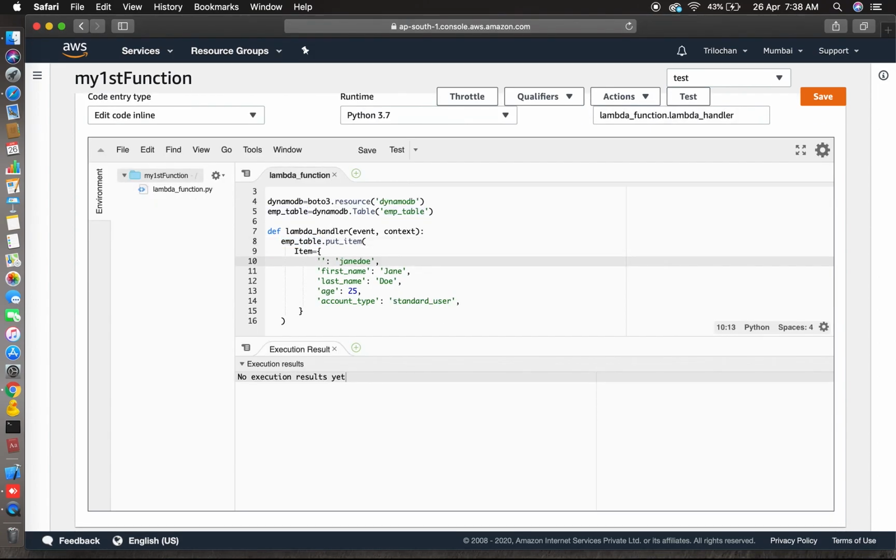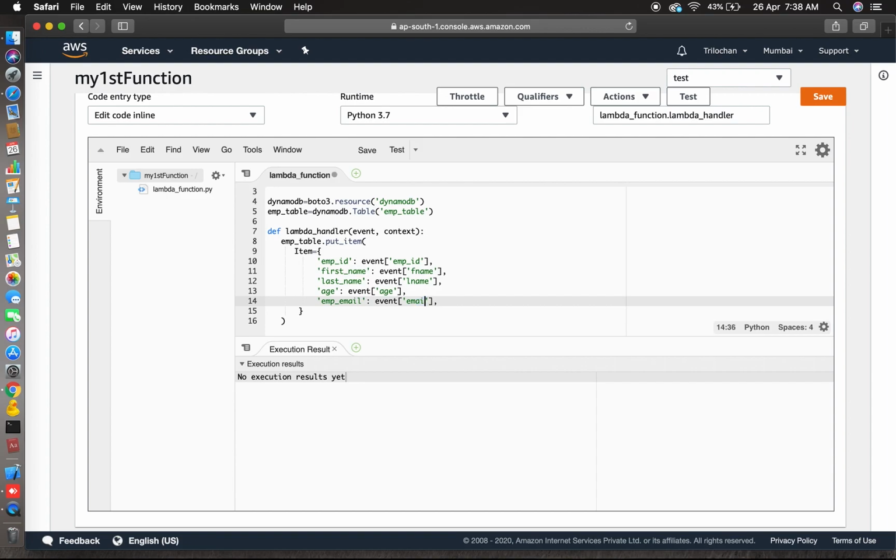put_item is a function to insert the data in DynamoDB. The employee id comes from the event, like first name, event f name, event l name, age is event age. So dynamically we can fetch this from API Gateway also.